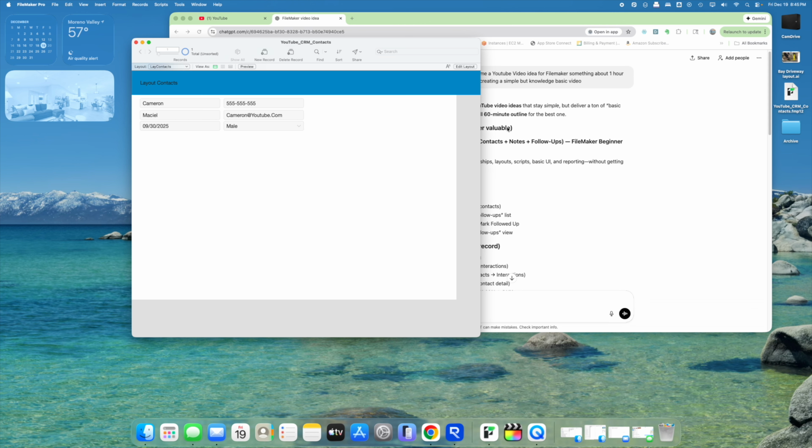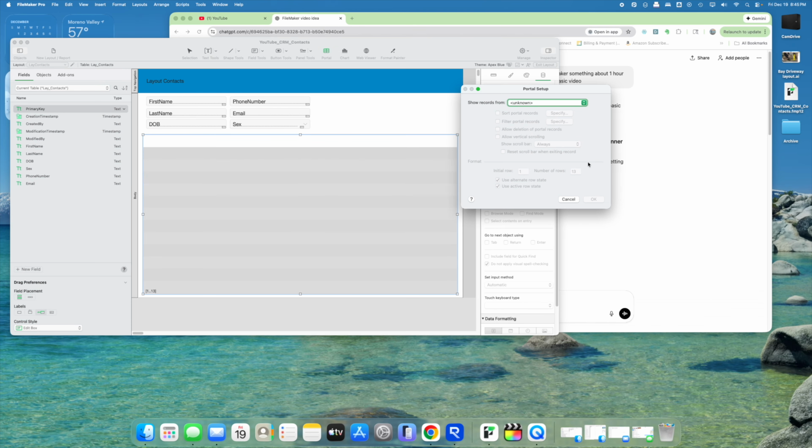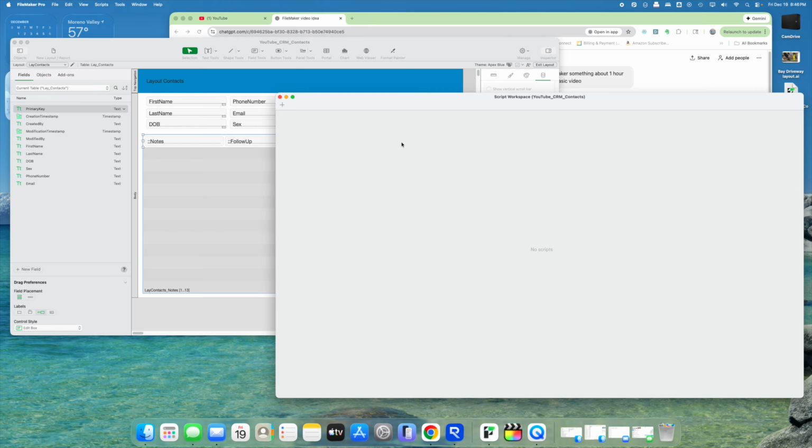Quick data entry. We're going to exit this layout. We're going to do a portal view now so we can draw out a portal for notes. And let's do so when you have a portal drawn out, it'll have a related tables. A portal has to be related to the table your layout is associated with. And we set this up. It's just asking for a few things. We set this up in